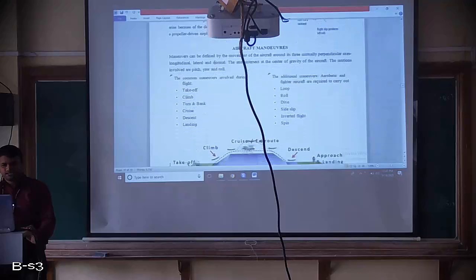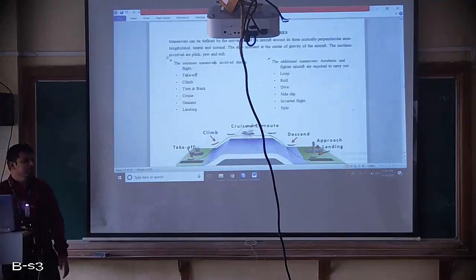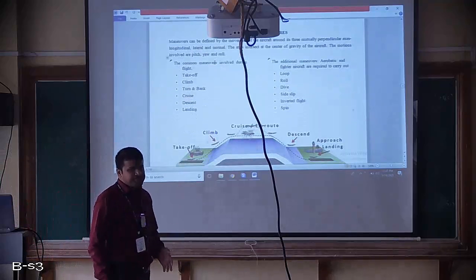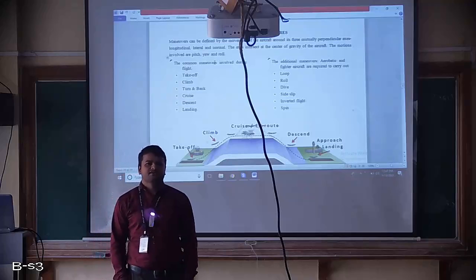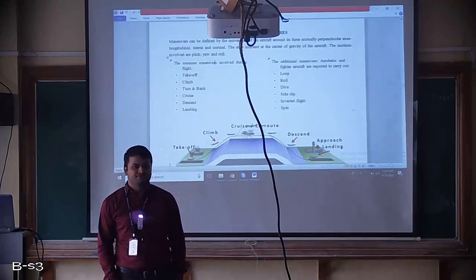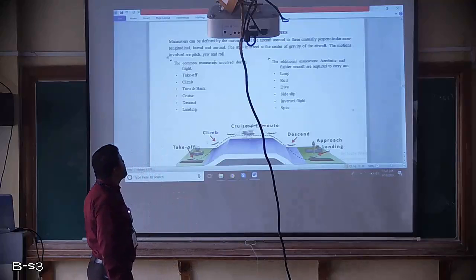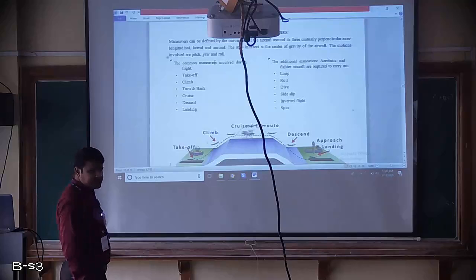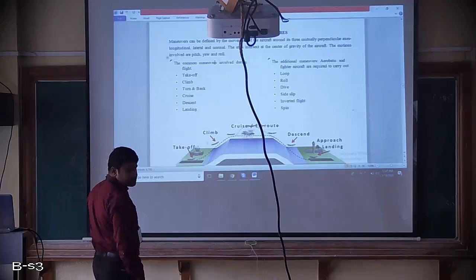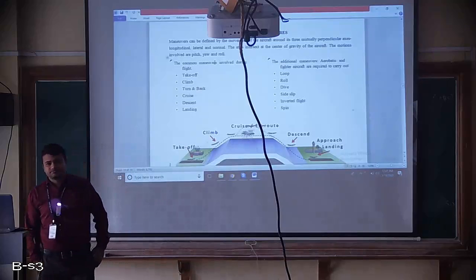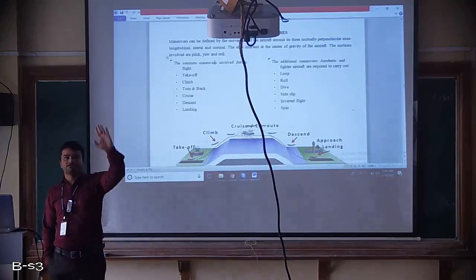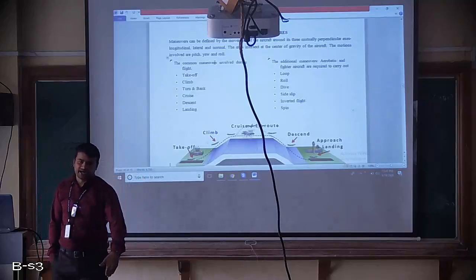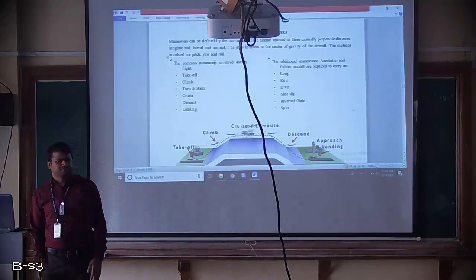So till here we spoke about the stability part. Now we will talk about aircraft maneuvers. One more topic is our aircraft maneuvers. There are different aircraft maneuvers. I think you might have seen some air shows. The aircraft will move suddenly in the upward direction. It will take a roll, and again it will go. Suddenly it will come down. It will dive in the air. So you might have seen like this.